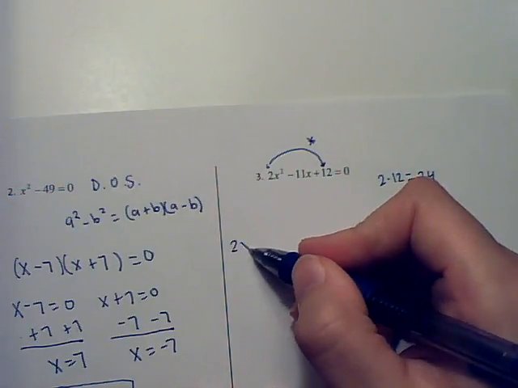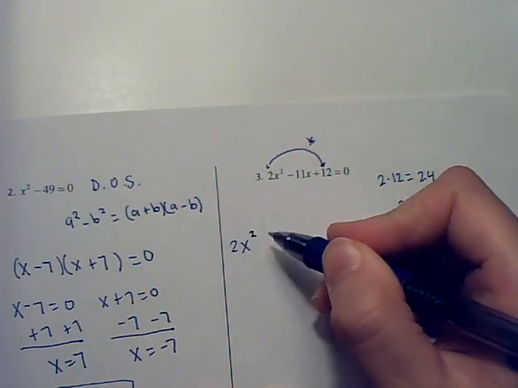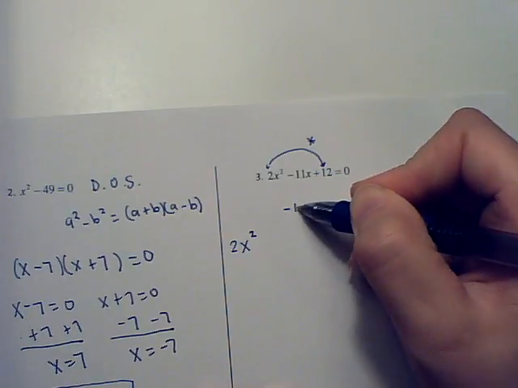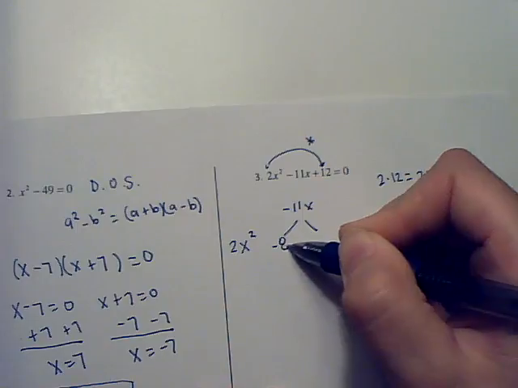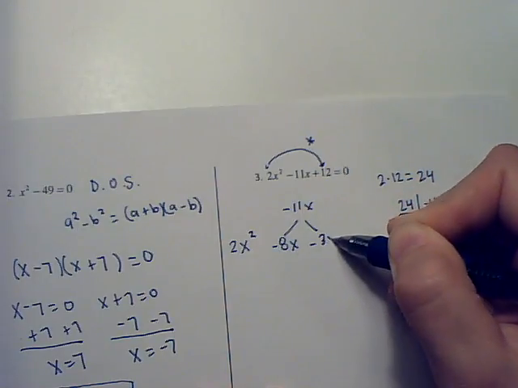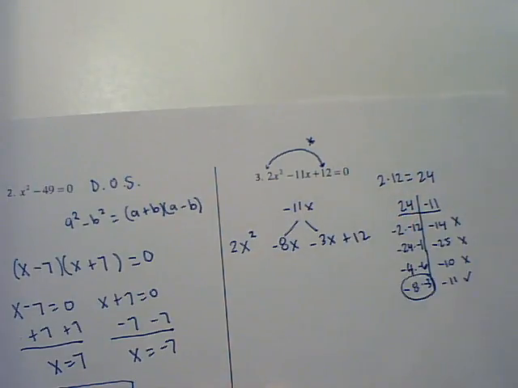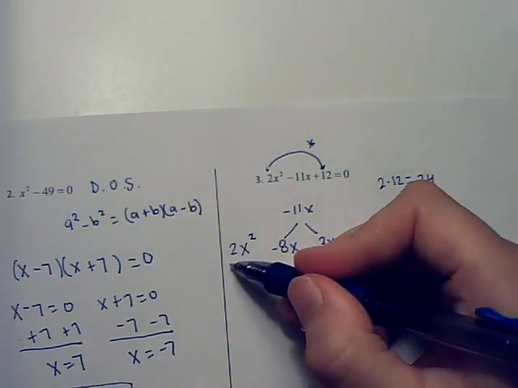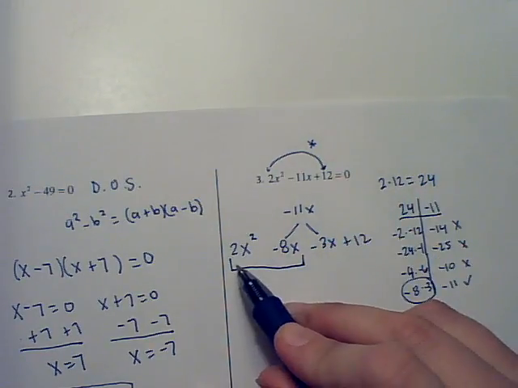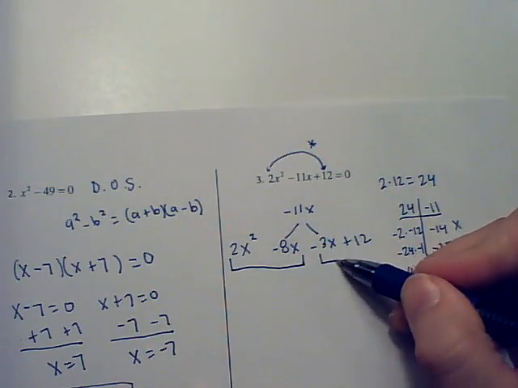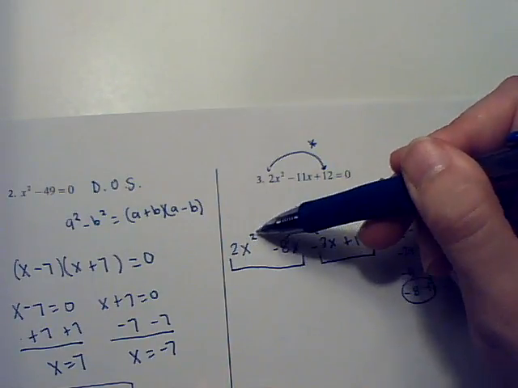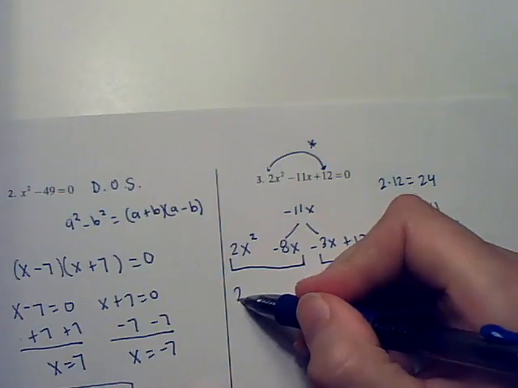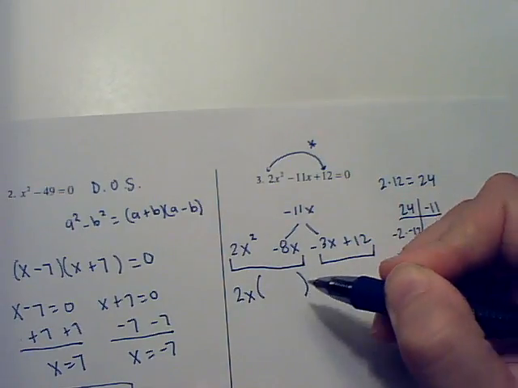So I'm going to rewrite our trinomial. So we've got 2x squared, negative 11x. Again, I'm going to split apart to be negative 8x and negative 3x, and then plus 12. Now the grouping portion of this, we figure out a GCF between those two terms and a GCF between those two terms. So between the 2x squared and the negative 8x, we can take out a 2x, leaving you with